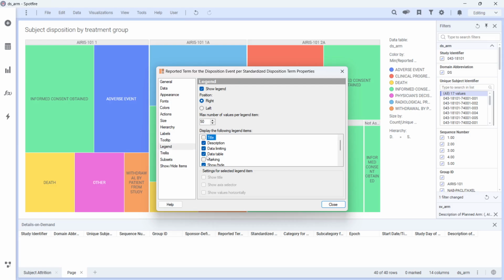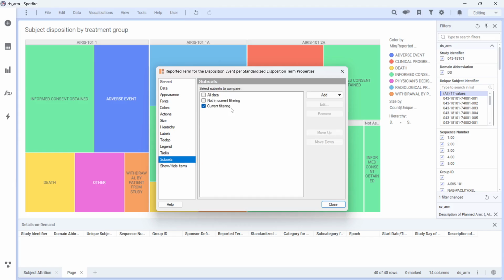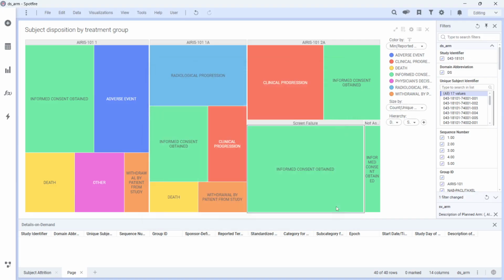Data limiting, we remove the data table, we don't need the table. And show, hide, remove trials panel. So we keep the remaining color and size, and subset we keep as current filtering. Okay, so